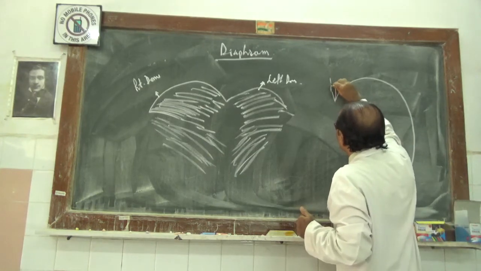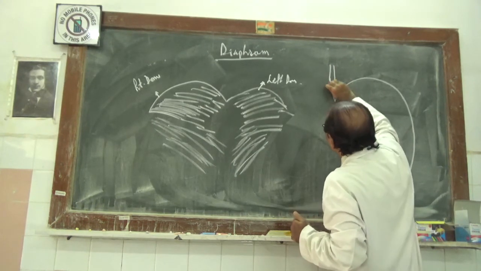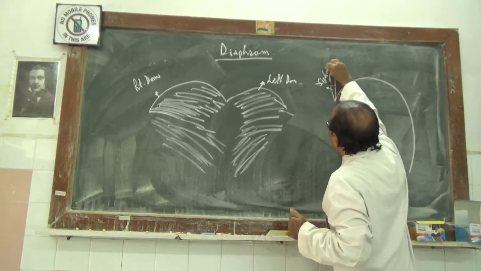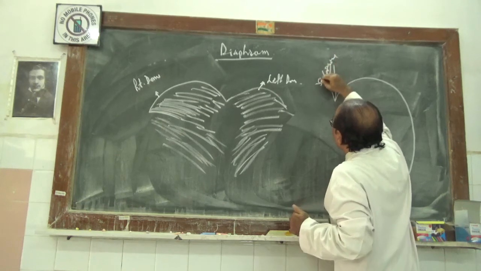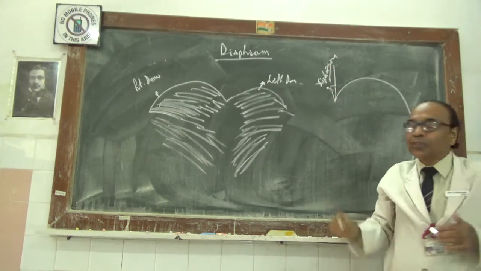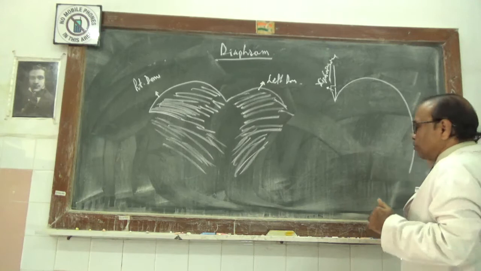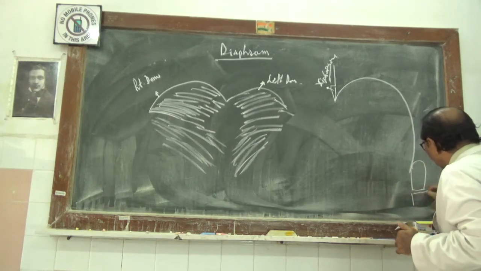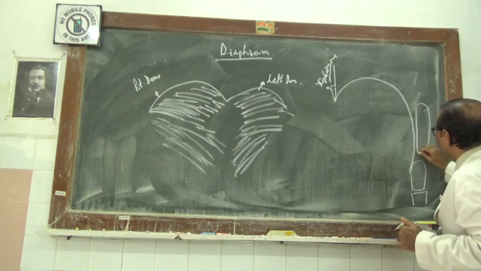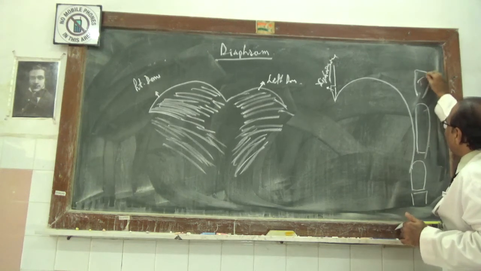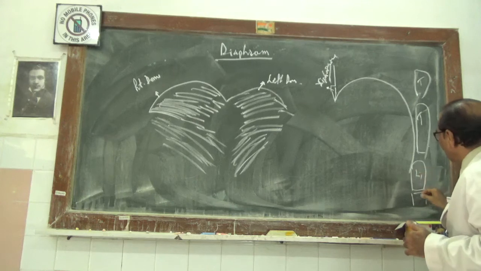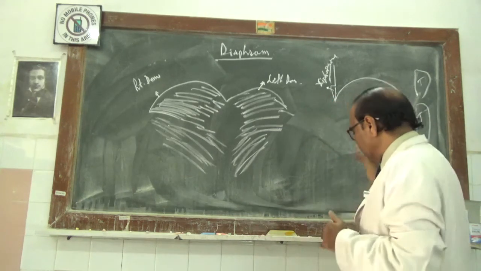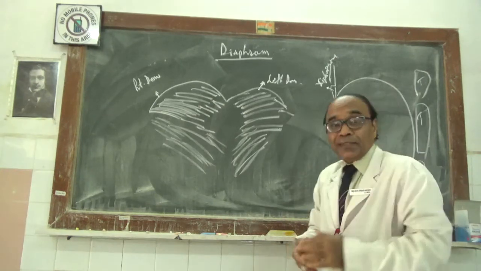So this will be the body part of the sternum. This is the xiphoid process of the sternum. So this is the thing in the lateral view. This is what the vertebrae are. So here also you have vertebrae. These are the thoracic vertebrae. This is the lumbar vertebrae. This is how you will get the diagram.